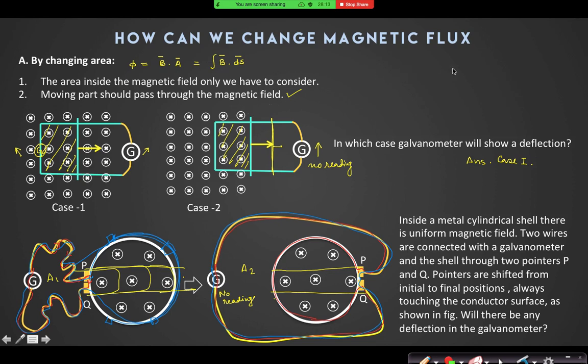ওকে, সো ইজ দিস ক্লিয়ার এভরিওয়ান? স্যার আর ওই লুপটা কারেন্ট হওয়ার জন্য ওটা কি ক্লোজড হতে হবে, না ওপেন থাকলেও হবে? ওপেন লুপ থাকলে কারেন্ট কি করে হবে? ওপেন লুপ থাকলে দেয়ার মে বি EMF induced but there will be no current. For current definitely the loop should be closed. ওকে।